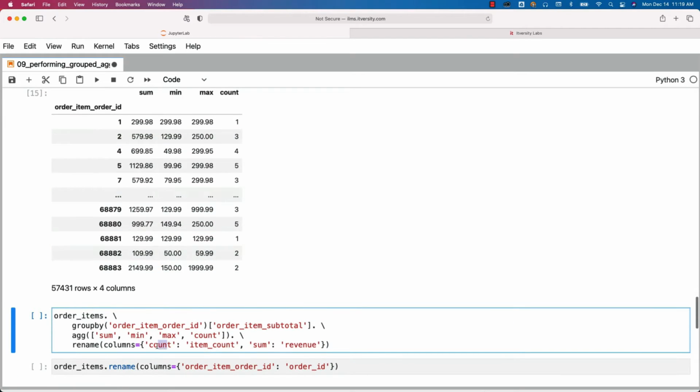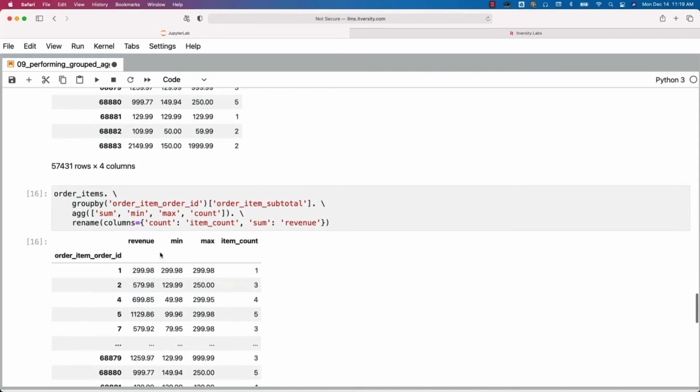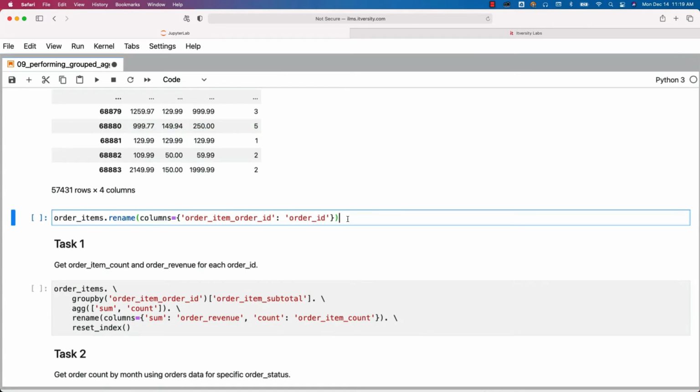In this case, count has to be item count and sum has to be revenue. Both are passed as a dict to columns, and if you look at the output of this, you can see that the sum is changed to revenue and the count is changed to item underscore count. This is how you can provide aliases for the aggregate fields or the fields which are resulted due to the aggregate functions.